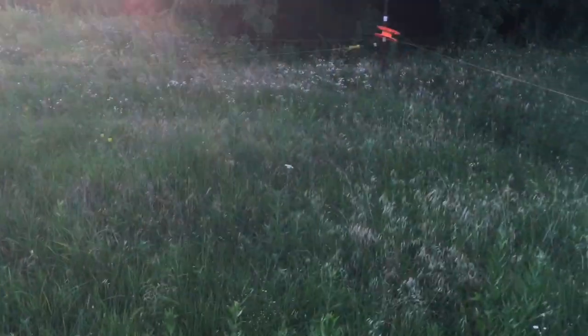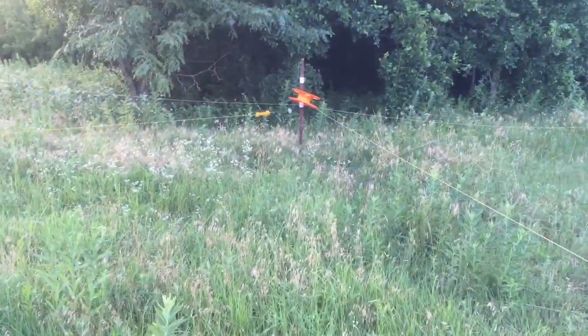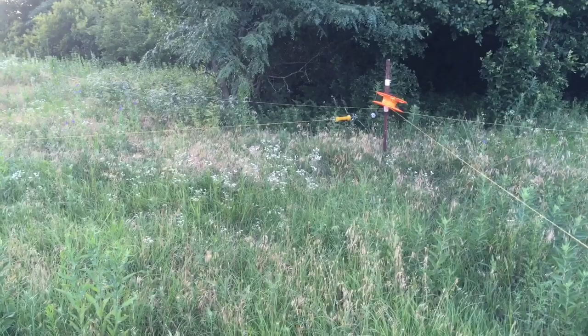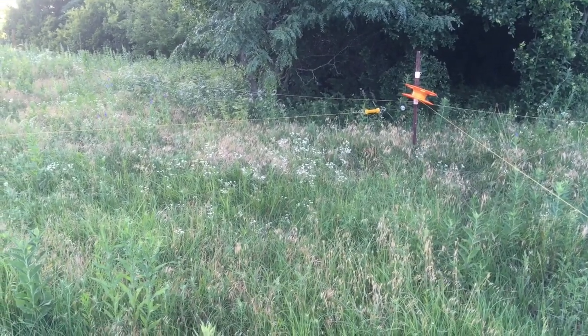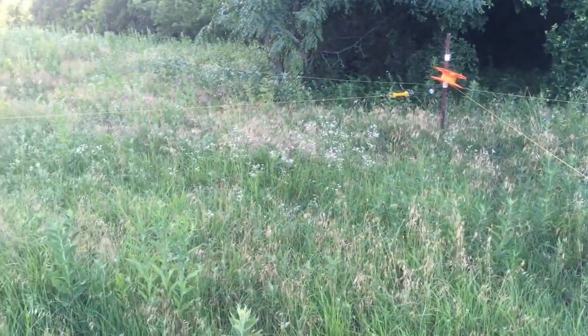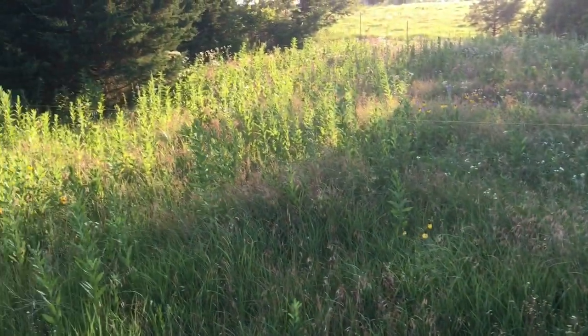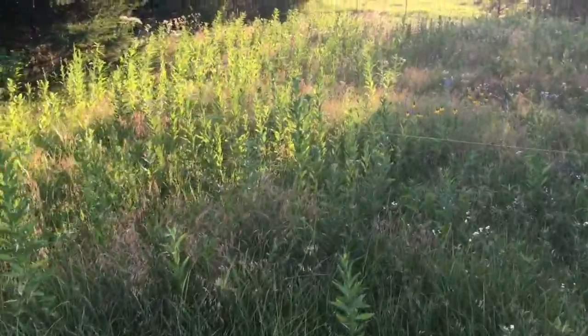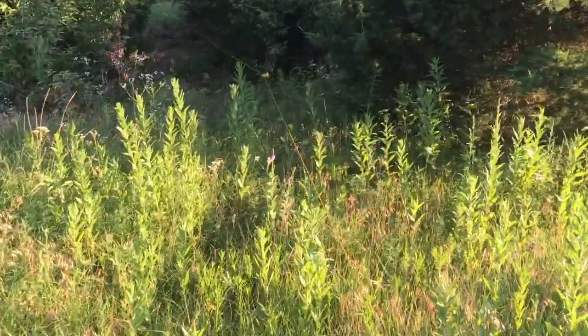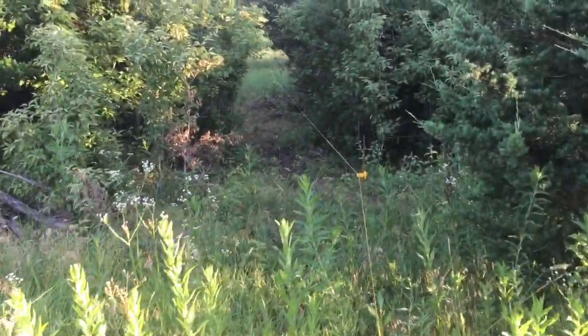I know the sunlight's probably, let me get in a better spot here. Sunlight was probably putting a pretty good glare on the camera there. So you can see our reel that separates these two paddocks, and that yellow handle there, and that poly wire runs down through these trees,